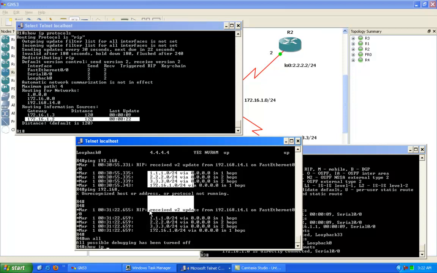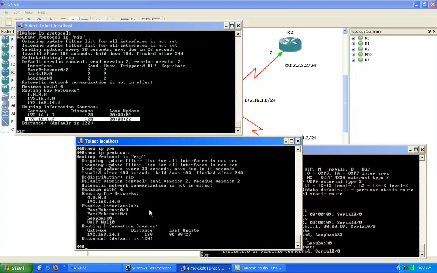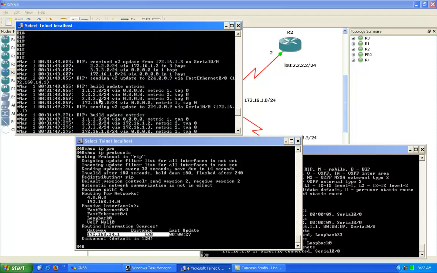So if I do a show IP protocol on router 4, I do see router 1 as a gateway, because what happened here is router 1 started sending these updates out its FastEthernet 0/0 interface, and once it did that,